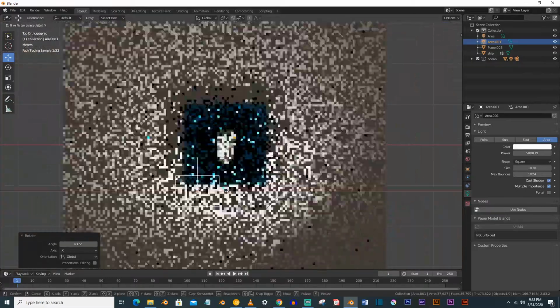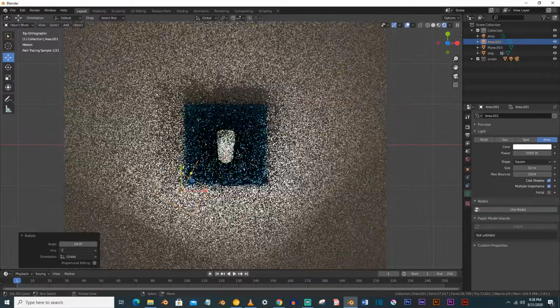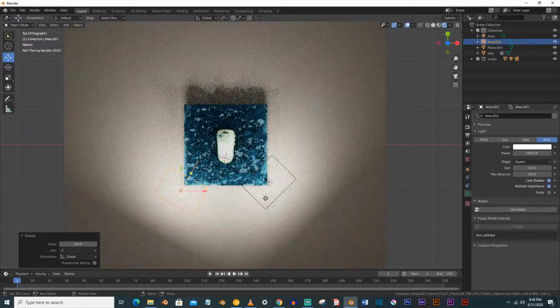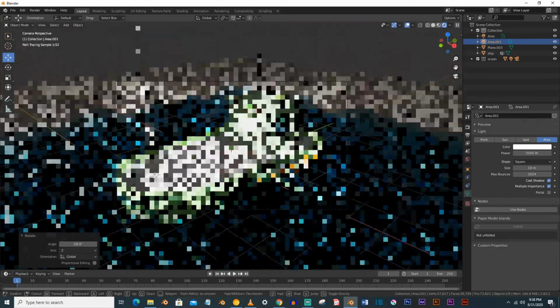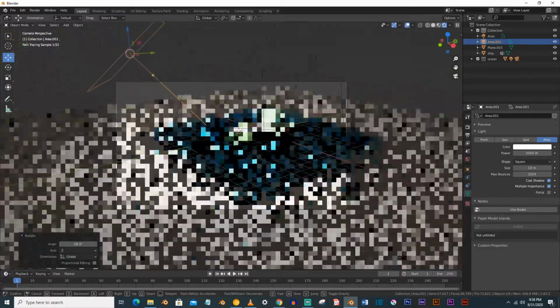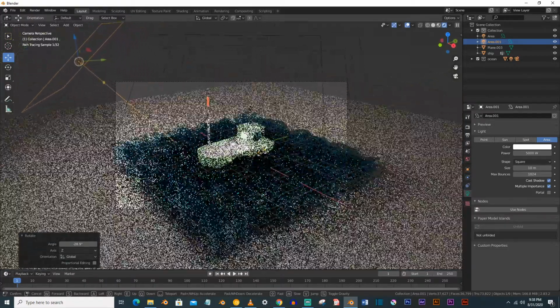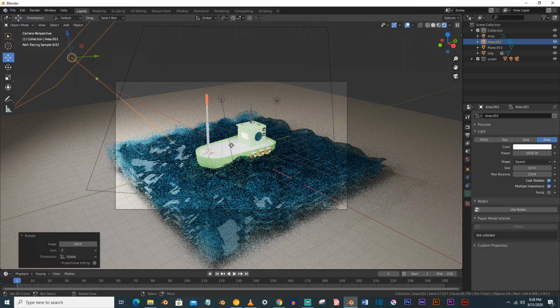Move it a little bit here. And look at the camera. Shift F to go to the fly mode. So this is our boat and the ocean.